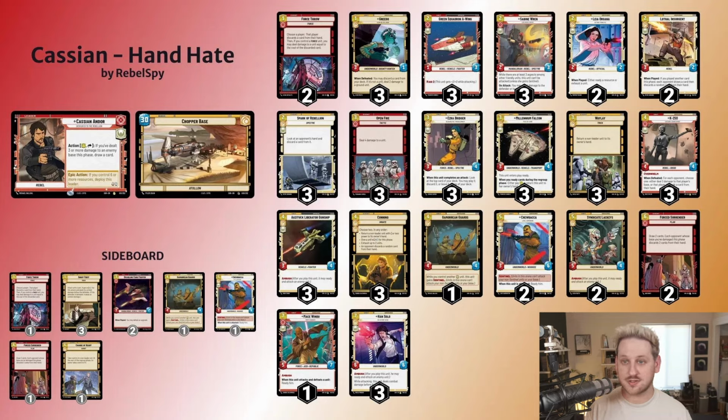We got 3 of those. We got 3 Green Squadron A-Wing. We got 3 Sabines. We've got 2 Leias. We got 2 Lothal Insurgents. So quite a few turn one plays, and notably all of them except for Leia can hit for 3 and